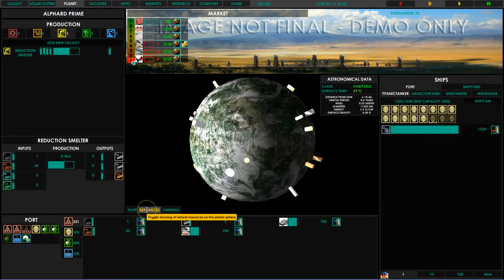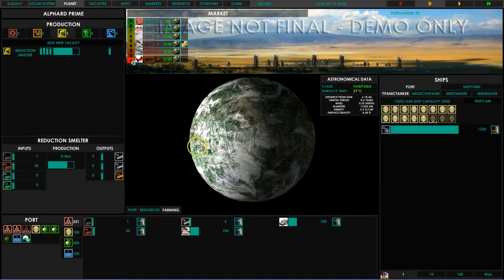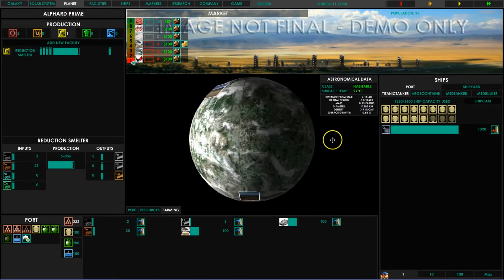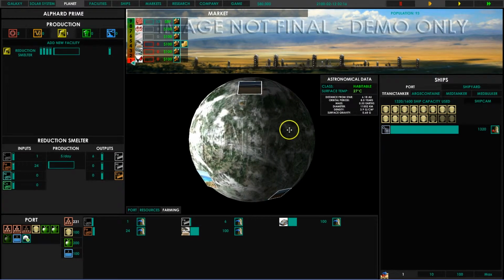Anyway, so that's basics on resources. The other one is farming, which only occurs on terrestrial type habitable planets. These are represented currently in development. Want to improve this UI feature later